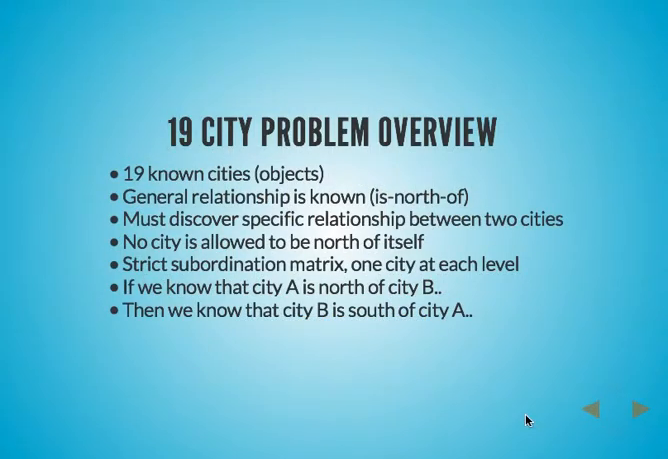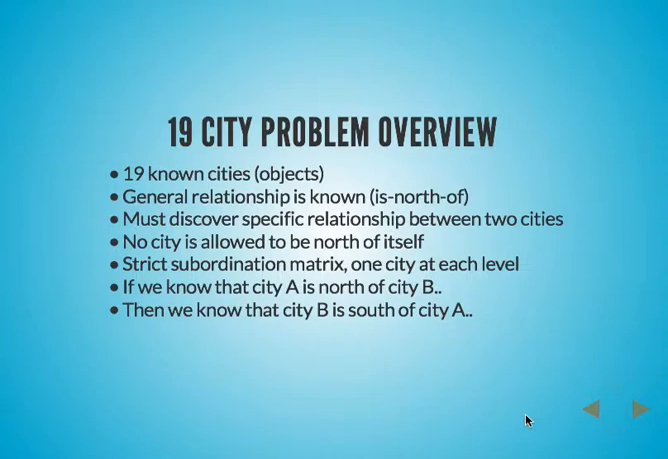So we're looking at a 19-city problem, and the overview of that problem is we have 19 cities, which we know. They're the objects in this particular system. And we have the general relationship that we're going to map over these particular cities to create a system. It's a general relationship of "is north of." But we really don't know the specific relationship between a pair of any two cities, so we have to discover those. And we have a set of logical